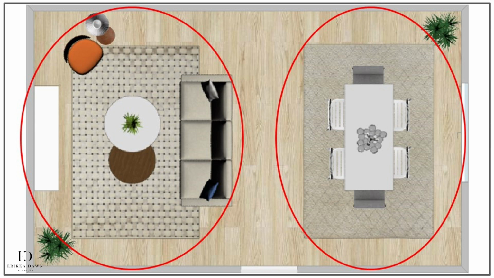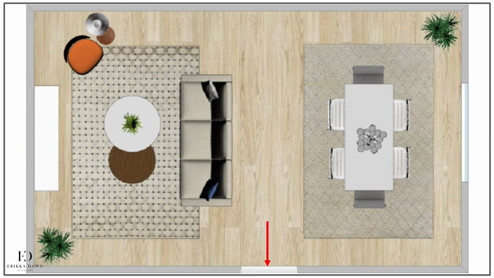Sometimes you may have natural architectural breaks in the room that can help you to easily find a natural dividing line, such as a door frame, window, pillar, or cabinetry. You can think of the dividing line as an imaginary wall. Once you've done that, then, if needed, you can place something on the ground, such as a piece of masking tape, so you can use that as the border for each of your spaces,